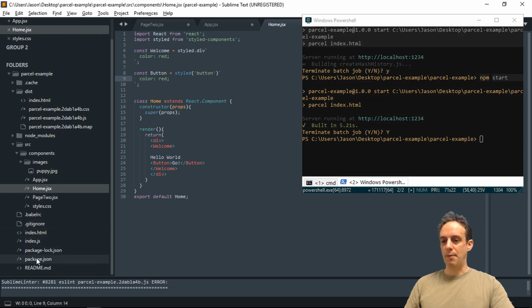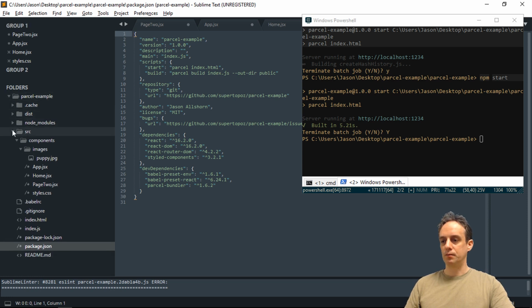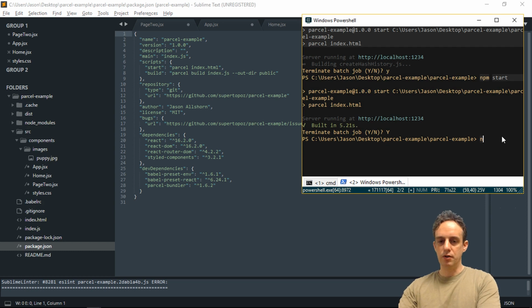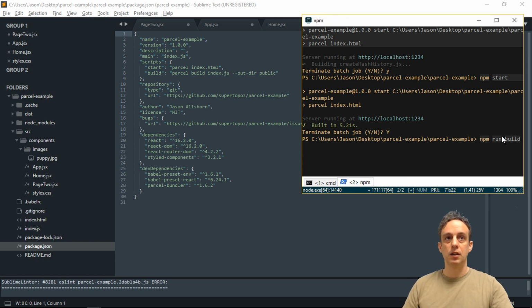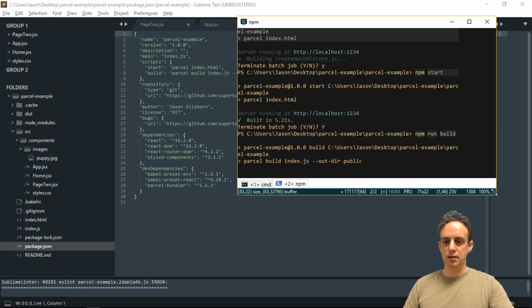If we look inside of our package JSON here, we've got this build, and that does parcel build index.js as the starting point, and then the output is a directory called public, which you'll notice actually doesn't exist yet. And Parcel will create that automatically. So if I do npm run build, that will start up my build process,